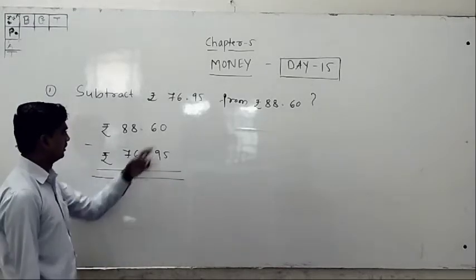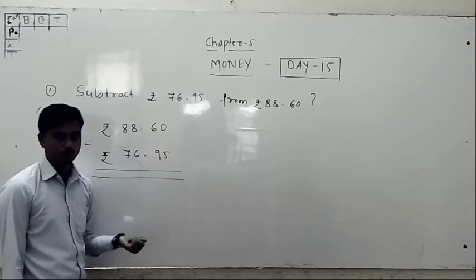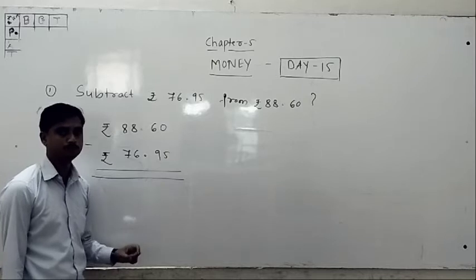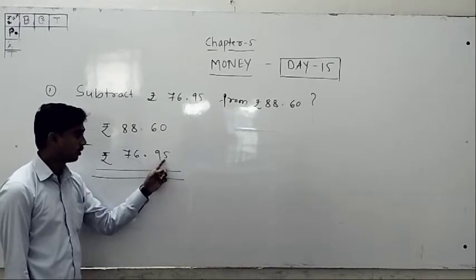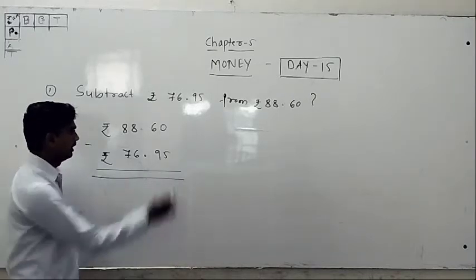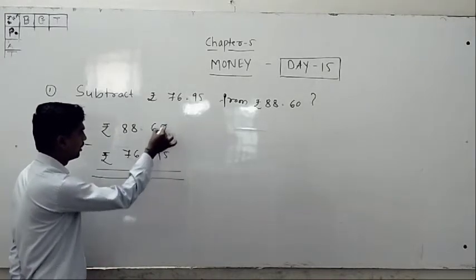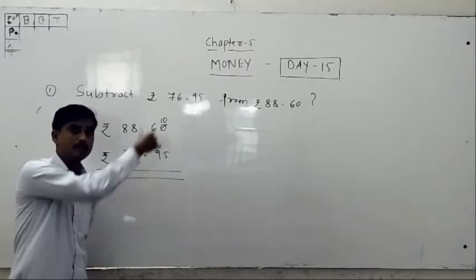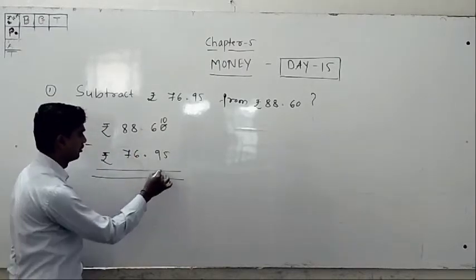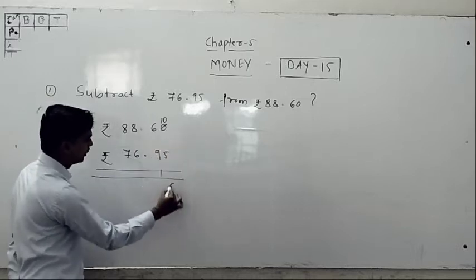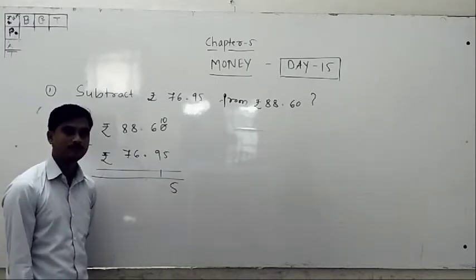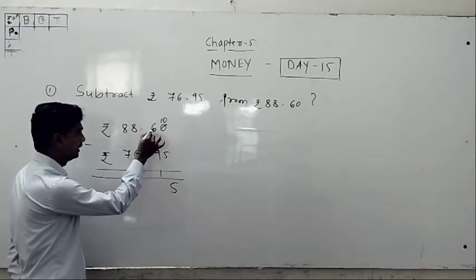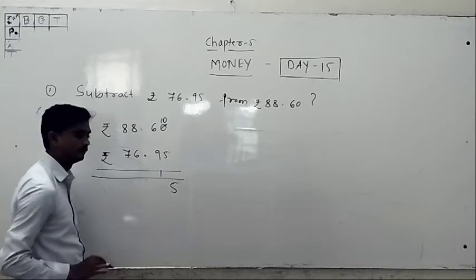Understand? 0 cannot subtract 5. Why? Because 0 is smaller than 5. Then 0 minus 5, how much? It is 10, because you have to take a borrow and make a bigger number. Then 10 minus 5 is 5, because 5 plus 5 is 10. Then it is 6. Understand? It is 6, it is 9.